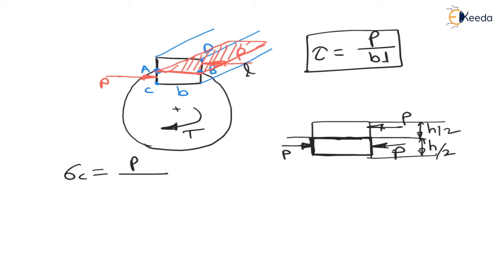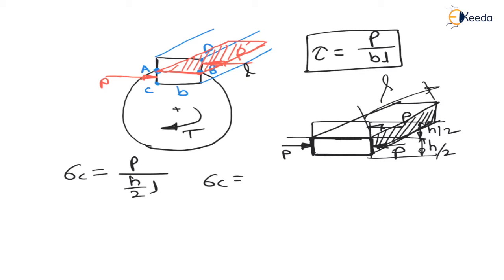My dear students, the area is along the length. You can see here, for length L, the lower portion may get crushed out. This lower portion is for height h by 2 and length L. Therefore, the area is h by 2 into L. Therefore, crushing stress is equal to 2P divided by HL. This is the crushing stress, right?